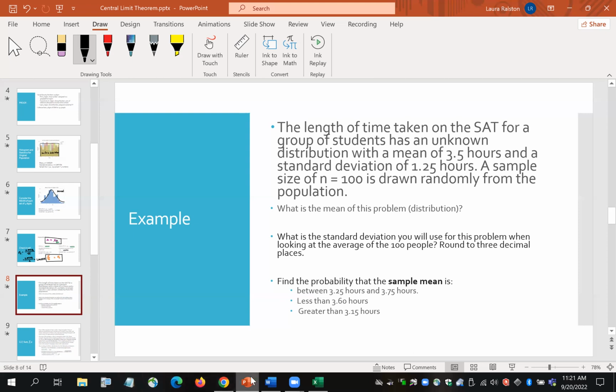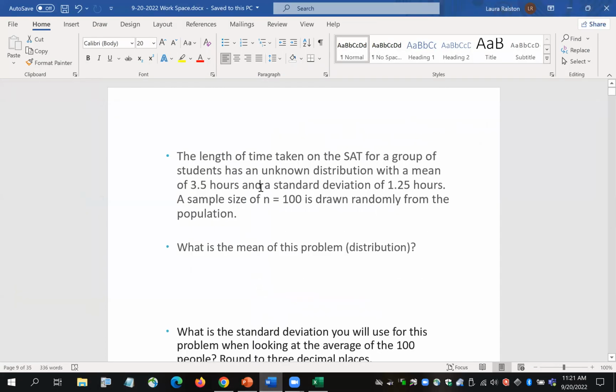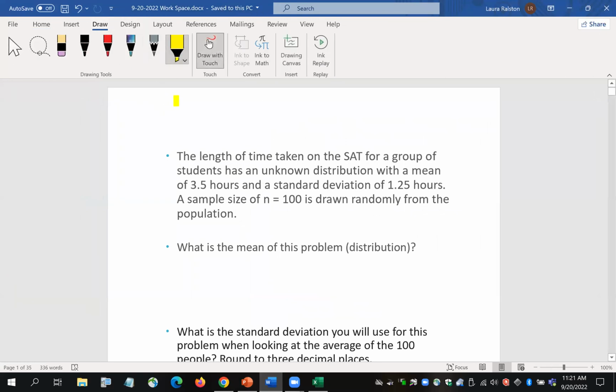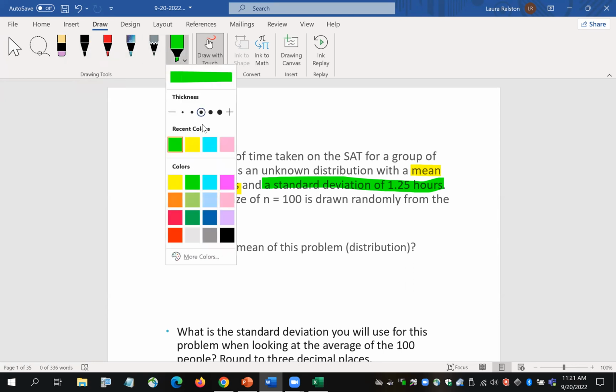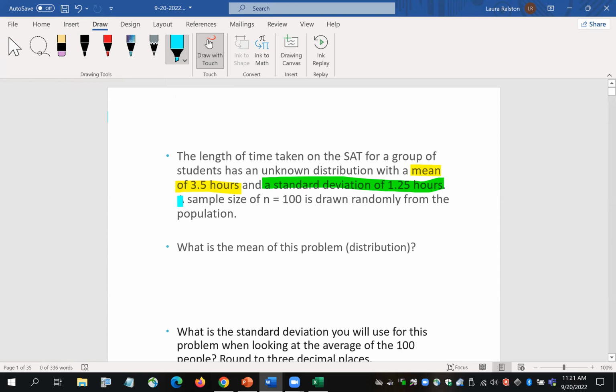Okay, so I want to go over here to my paper. I copied this problem over to my paper where we could make some notes. A couple of things I want you to notice. Notice that even in this problem, it tells us the mean and it tells us the standard deviation. What is different about this one is it tells us that we're going to draw a sample size of n equals 100